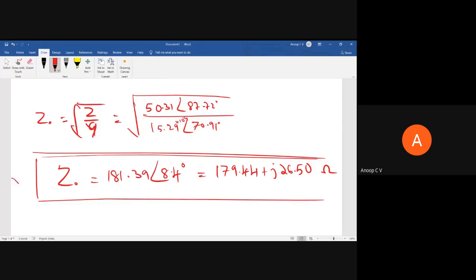So please verify this. Please verify this. I'll just wait for your response in the chat window, whether the answer which I have written is correct or not. All of you should try. This is a sure question almost. Either one problem of this kind or one problem from impedance matching is sure. You will get a problem. It's very easy, very straightforward. The only thing is you should know how to use the calculator.